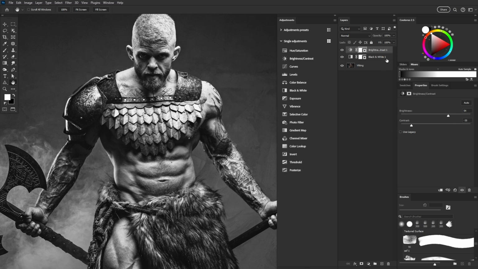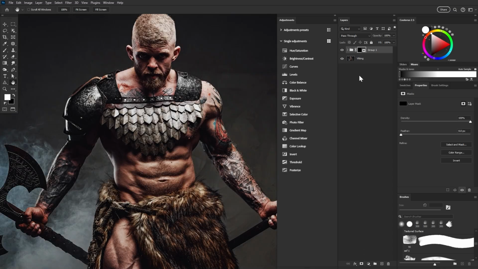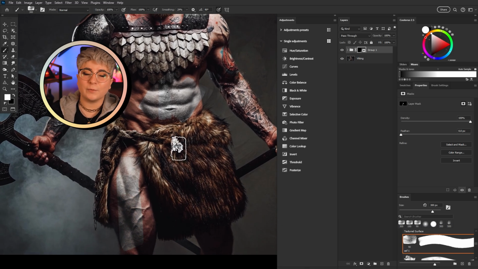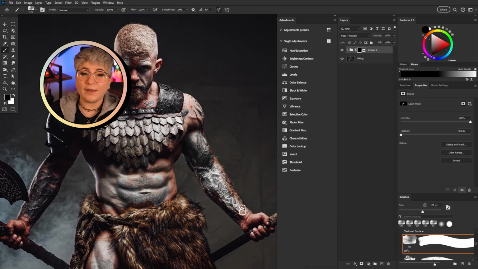Because what we're going to do is group them together, add a layer mask, and then invert that mask using Control/Command-I. So everything should be now hidden. And then we want to grab a paint textured brush, like this or that, to mask where we want our warrior's body paint to be. Those adjustments are our paint. And how you paint this is completely up to you. There are tons of options here.